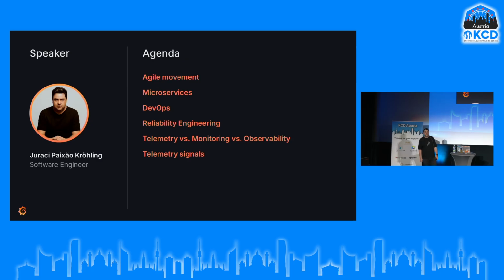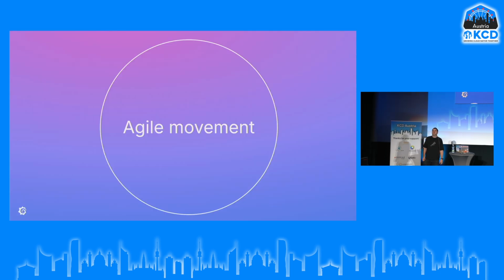Now, as I mentioned, we're going to take a step back and go 10,000 feet up and see how we got here. Why do we need observability in the first place? And it all started with the Agile movement, or even before that, right? Before Agile, we were doing something that now we call waterfall. But I remember that being called back in the day SDLC, the software development lifecycle, right? This was the state of the art some 25 years ago.